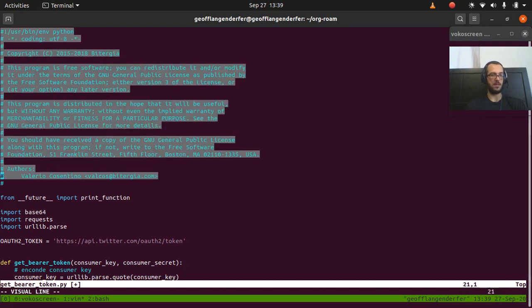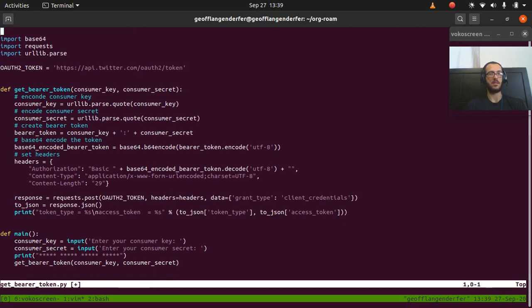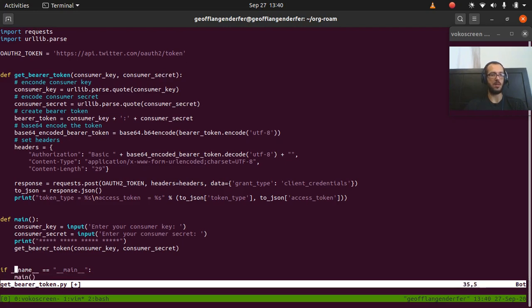Delete this. So this is for Python 2. We don't need that. Okay. So base64, request, urllib.parse. And then this is the URL that we'll send our request to. Okay, so it looks like what happens here, we input our consumer key and our secret. So that's our API key and our API key secret. So we encode the consumer key, encode the secret, create a bearer token,